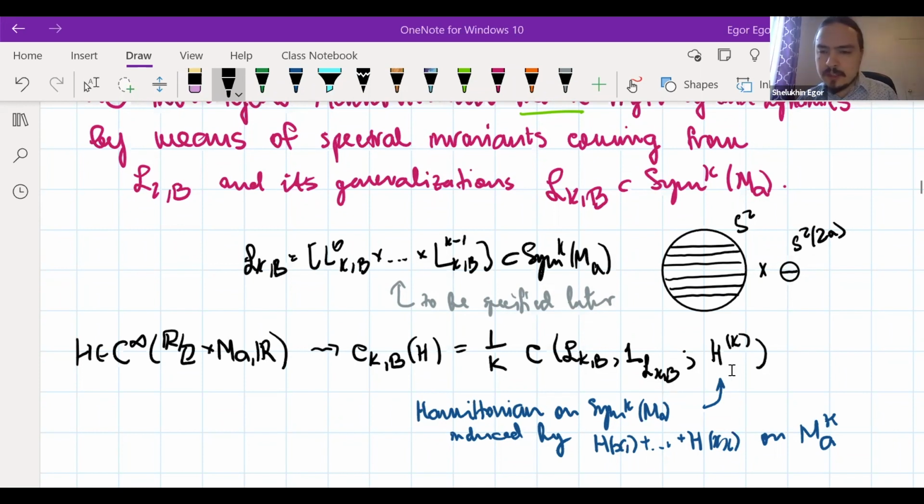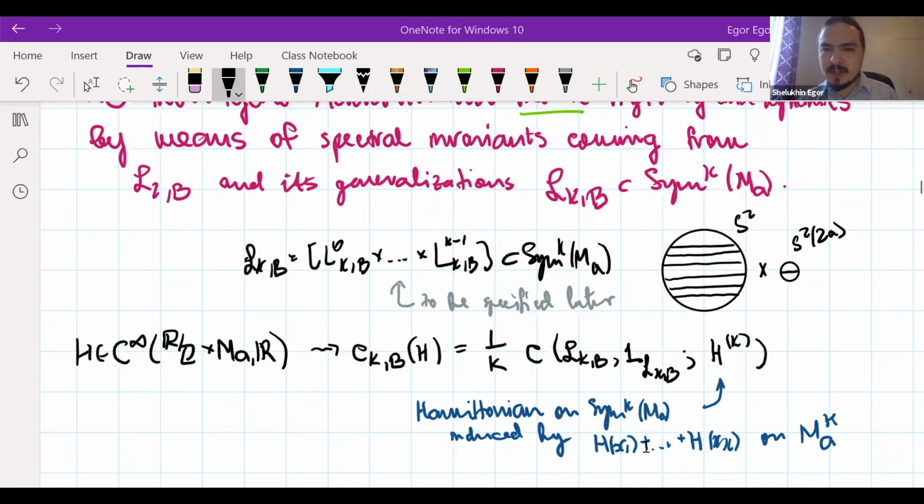And we take it relative to the symmetric kth power, or symmetric kth sum, of this Hamiltonian. So this H_k evaluated on a set x1 until xk, so to say, in the symmetric product is